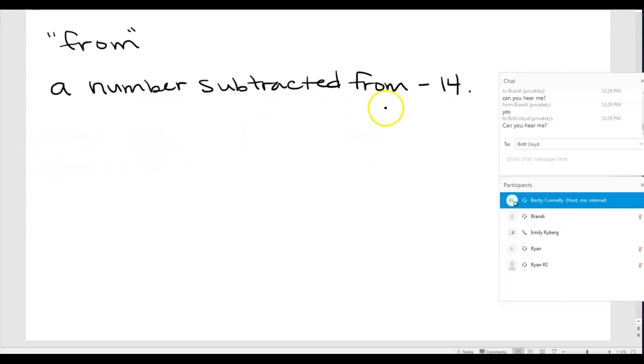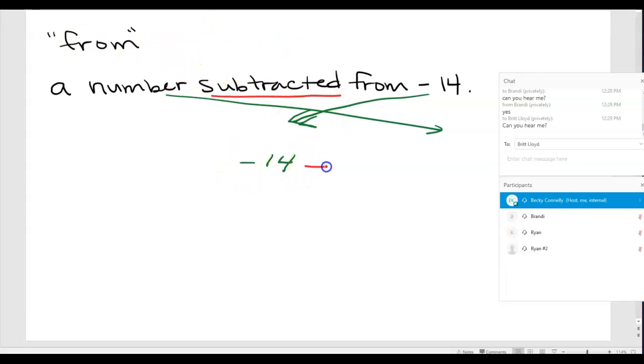Right, so this "from," like I said, is a word to watch out for because it makes you do things a little bit backwards. What I mean by that is when you see that word "from," the number after it is going to go first, and whatever number is in the front is going to go second. So that means we'll have negative 14 and then subtracted,